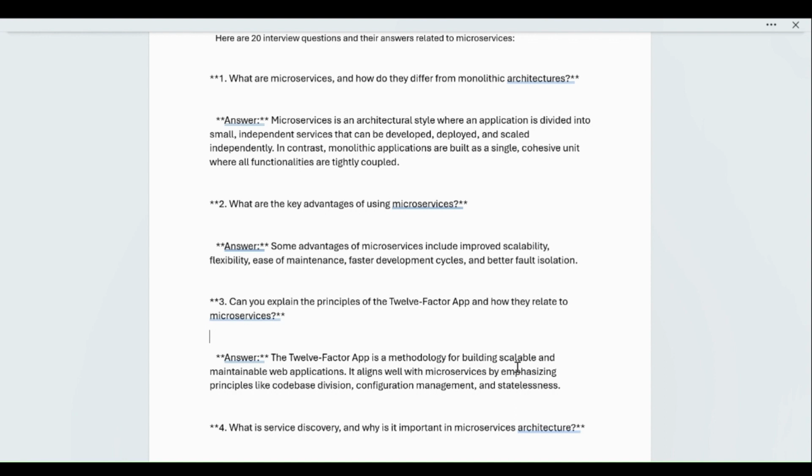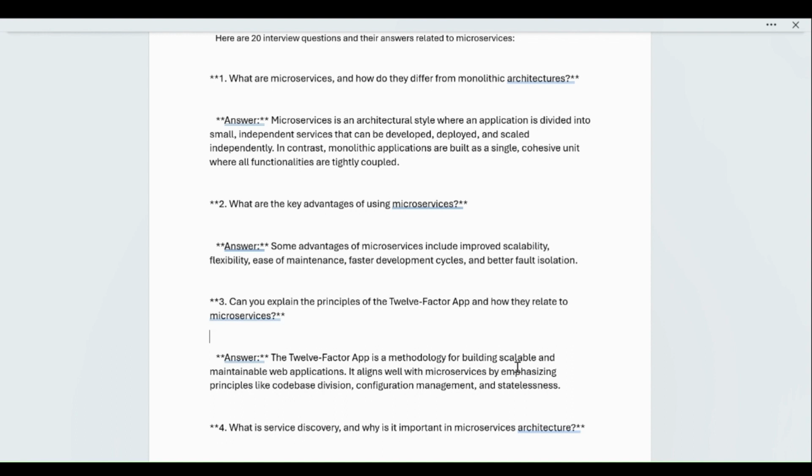But with monolithic architecture, it is tightly coupled and cohesive, and if your application gets stuck anywhere, it is difficult to capture the issue or error. You have to search and roam through the whole application to find the error, and you have to build and deploy everything. So in terms of flexibility and performance, microservices are better than monolithic. But from a learning perspective, microservices are complex, and monolithic is easier than microservices for design.